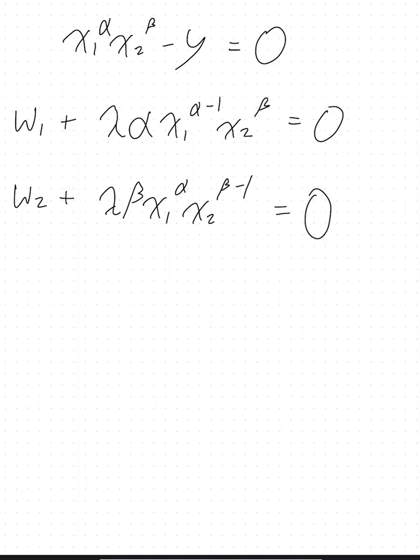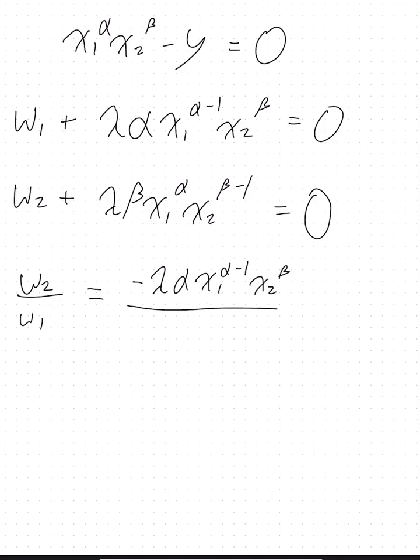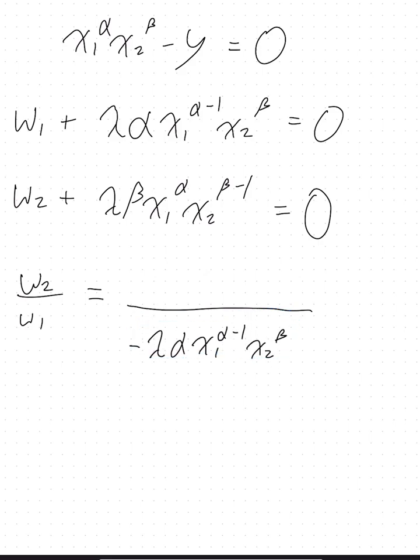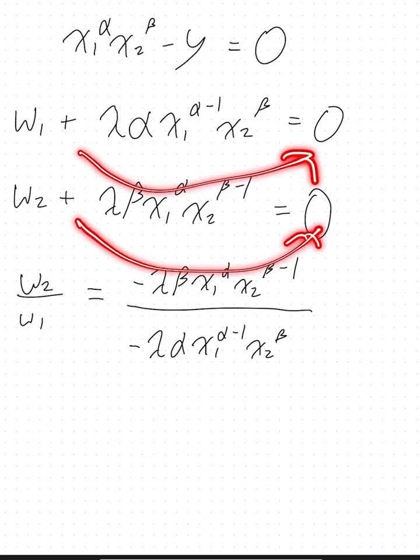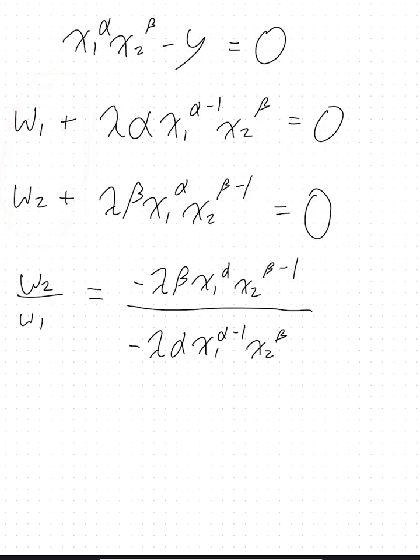Forgot to copy that over. So what we can first see then is w2 over w1 is going to be equal to negative lambda alpha, x1 alpha minus 1, x2 beta, over, that should be on the bottom, my apologies. And these are just algebra tricks, is all this part is. So there's that. And that just came from moving these to the other side and then finding w2 over w1